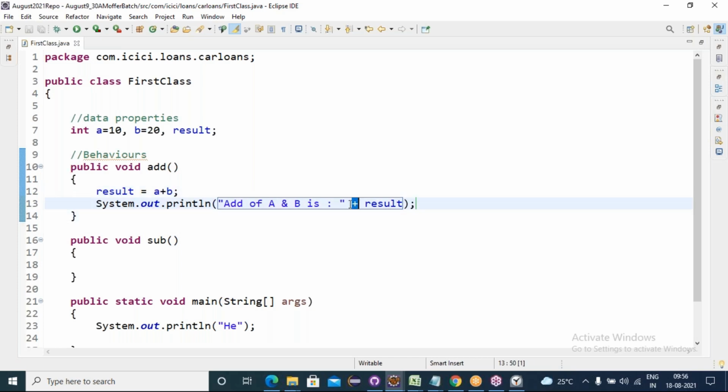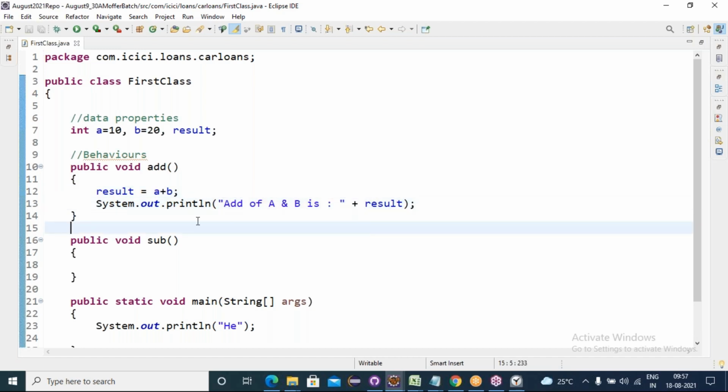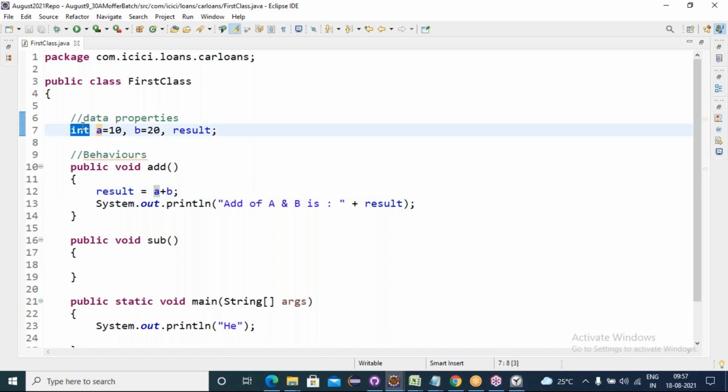Yes, I will give the clarity on this. Here I do the addition plus. Here plus is doing the concatenation. What is the difference? First, here between the plus, a and b are number type variables. Yes or no? Integer means it takes integer number data. So int a equals 10, b equals 20. All are integer data, right?